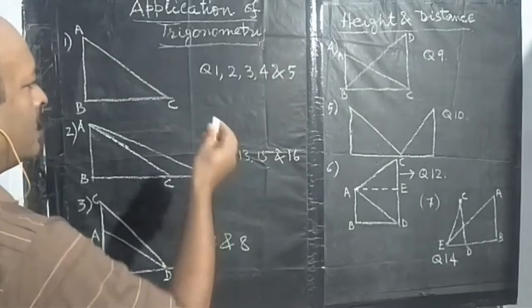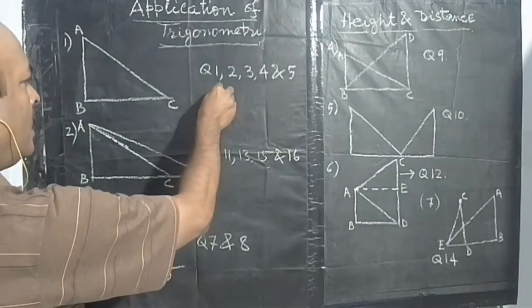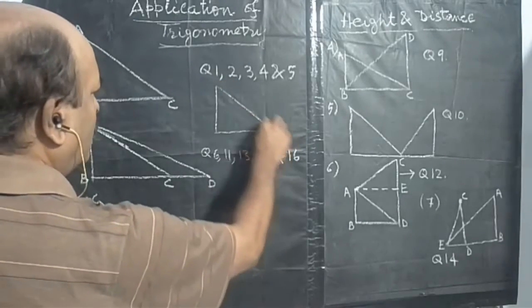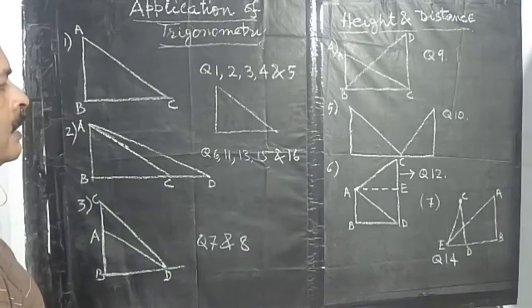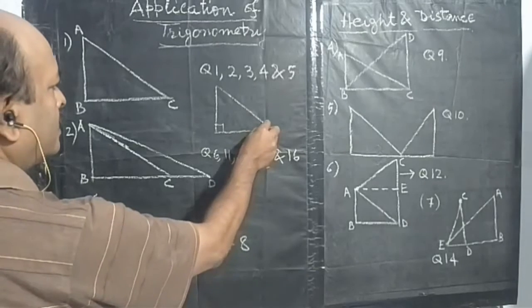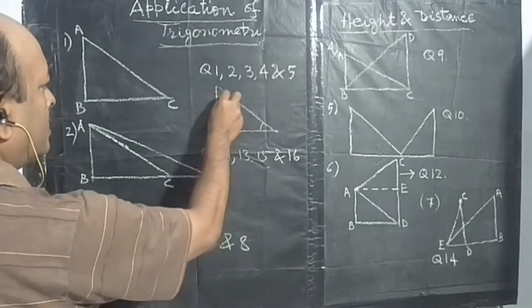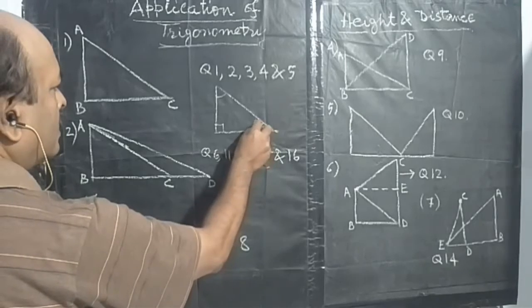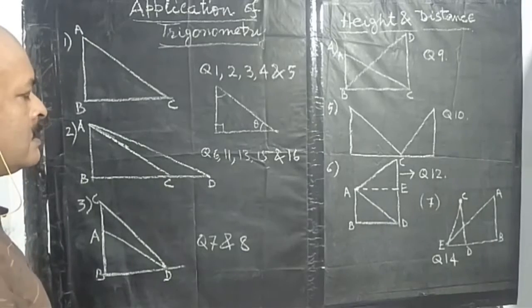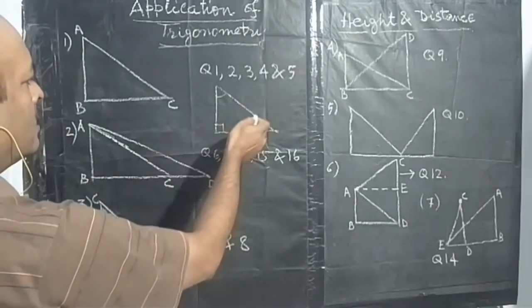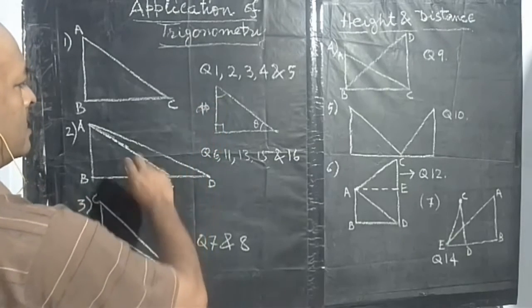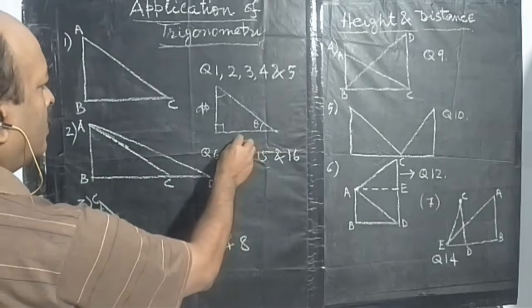What is trigonometry? Trigonometry basically means there is a right angle triangle, which you have already learned. This angle is the right angle, and this is the acute angle. The acute angle may be theta or alpha, whatever it is. Now we always take the side opposite to the acute angle, and we say it is the opposite side. And the side adjacent to the acute angle, we say it is the adjacent side.